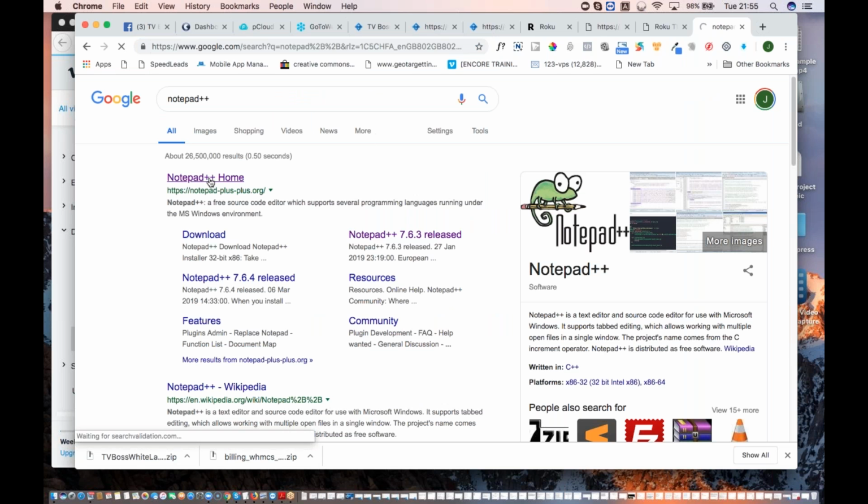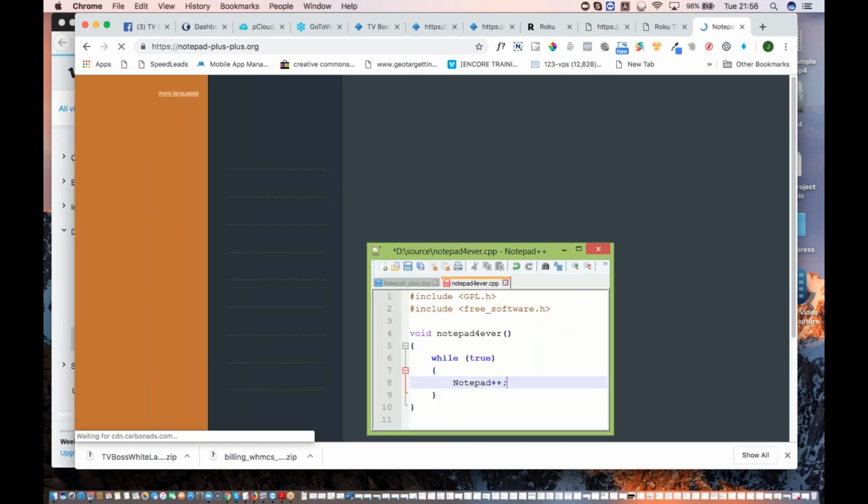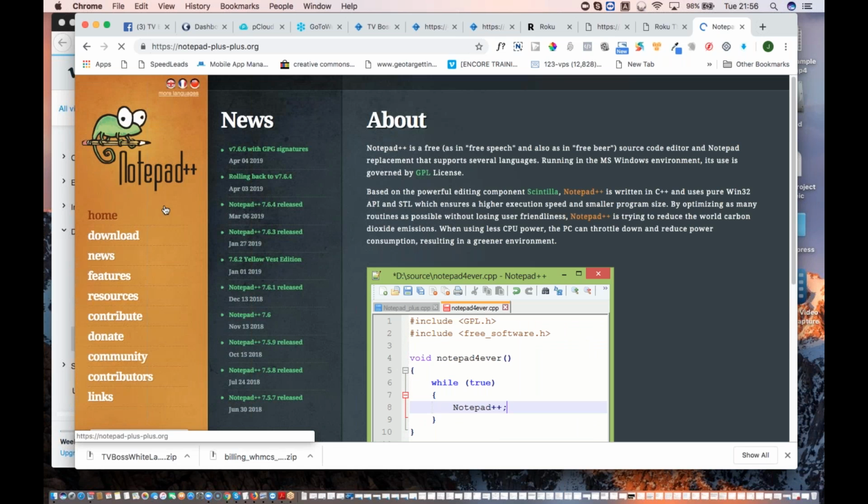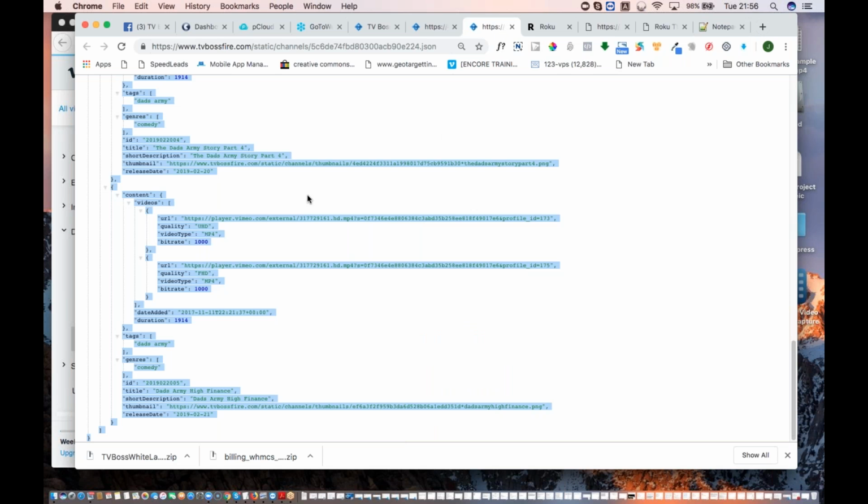Okay, there we go. So this is what I tend to use when I'm using my Windows computer, I just install this. It's like the normal Windows Notepad program, but this actually supports more file formats, including JSON files. So I would then be able to open this program and just paste what I'd copied from here into that file, and then I would just save it with something like the channel name and the date,